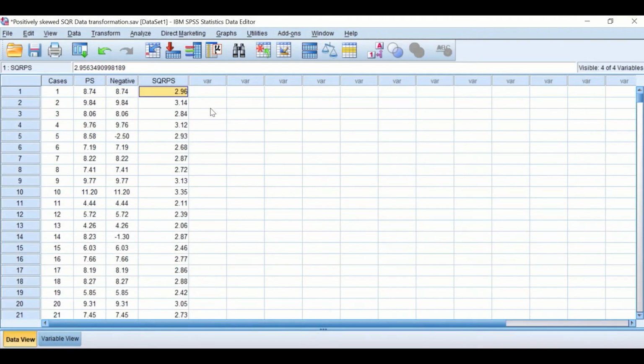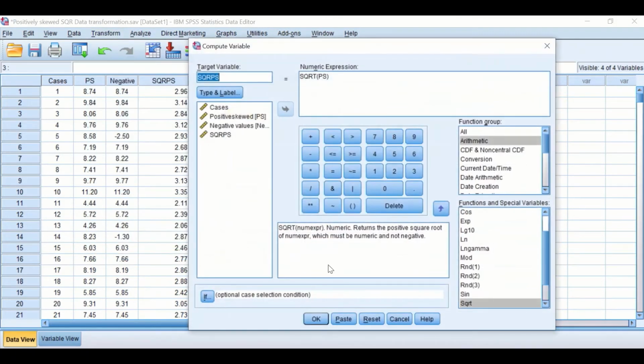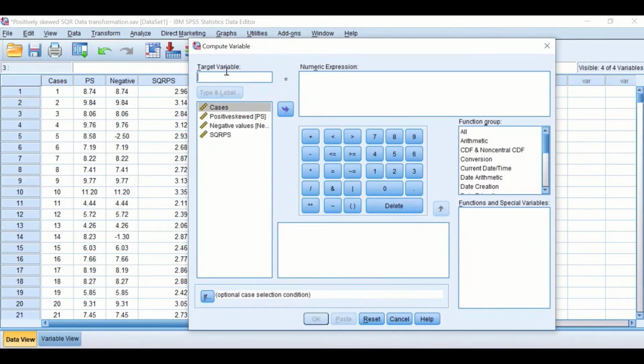Now, what if I have positively skewed data, but it has in it a negative value, a negative number, like this one, minus 2.5 and minus 1.3. Can I still do a square root transformation? Yes. And the way to do that is to click on Transform, Compute Variable, reset that,